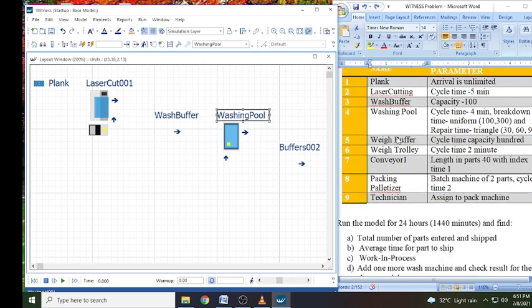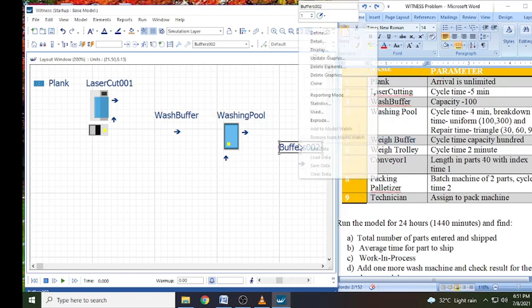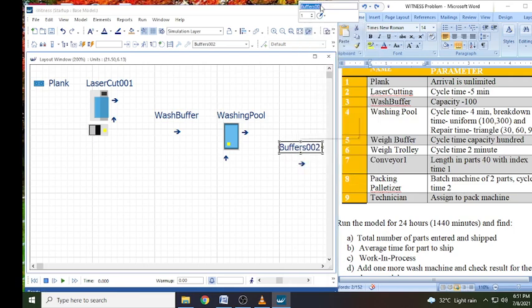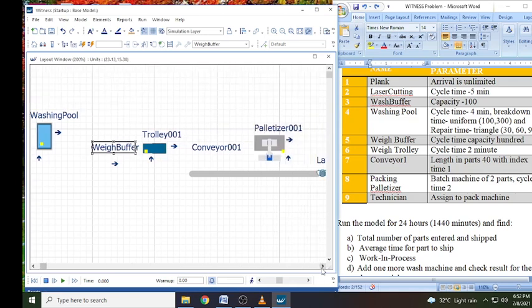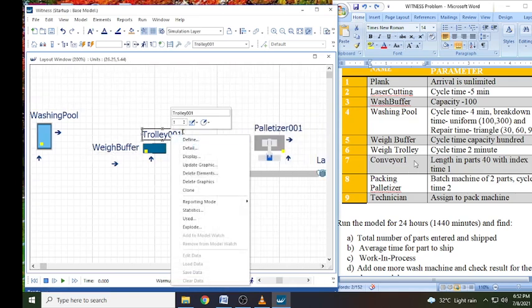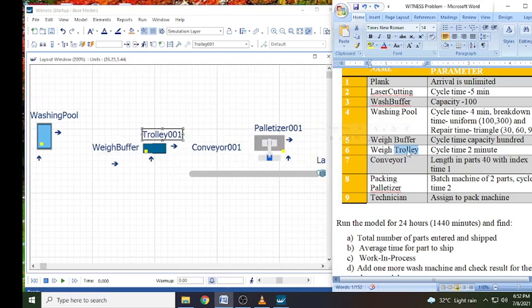Then we have weigh buffer, and delete this space also. Next we have the trolley, which can be named as weigh trolley.